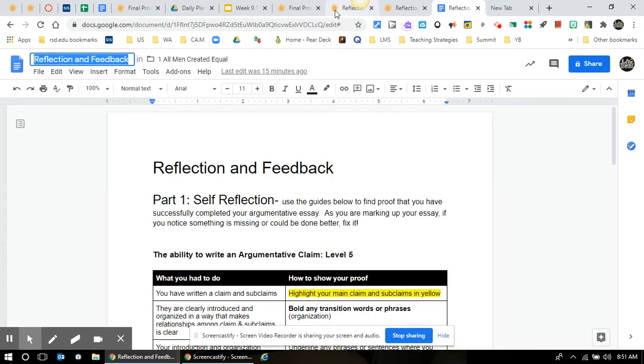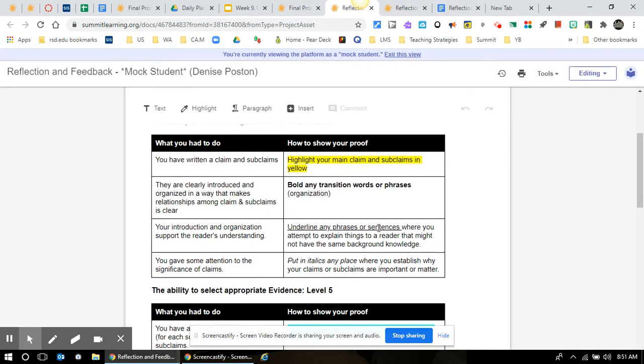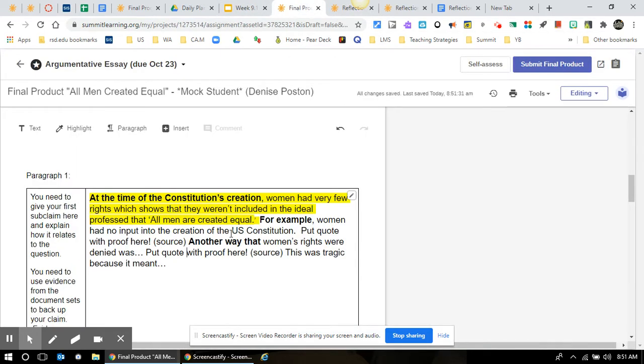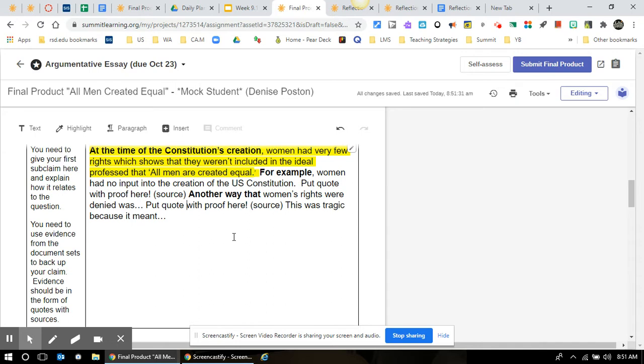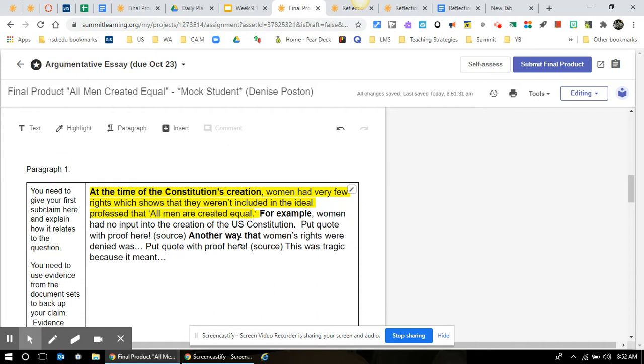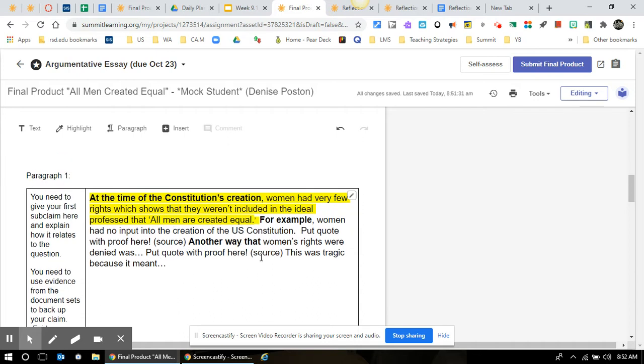Next, I'm going to look at underlining phrases or sentences where you attempt to explain things to a reader that might not have the same background knowledge. So I haven't done that in here. So that would need to be something that I added. So I might go in and look at, for example, women had no input into the Constitution's creation. And I'd have my quote there. I might then explain